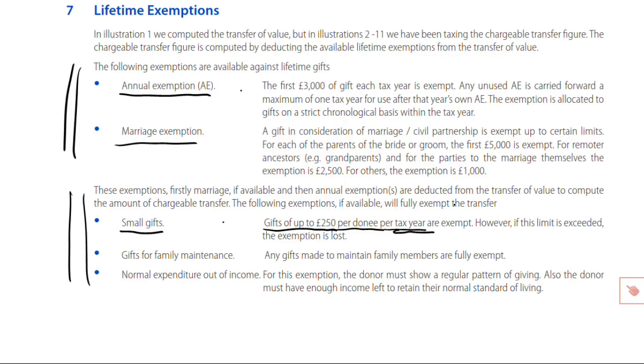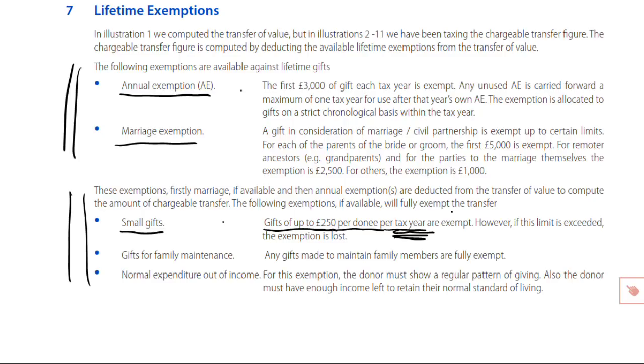It is, however, per tax year, as we've underlined there. So be careful. Tax year, as we well know, runs from the 6th of April through to the following 5th of April in any year. And what you've got to watch out for is that, as you read through, and you'll see with the example below in a moment's time, the chronology of lifetime gifting, you might see that our